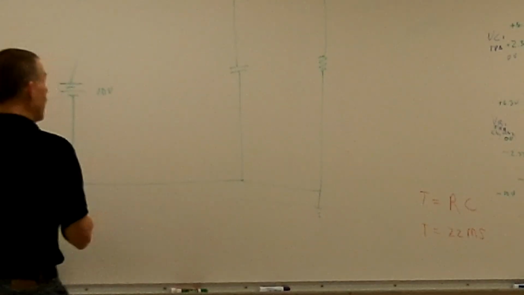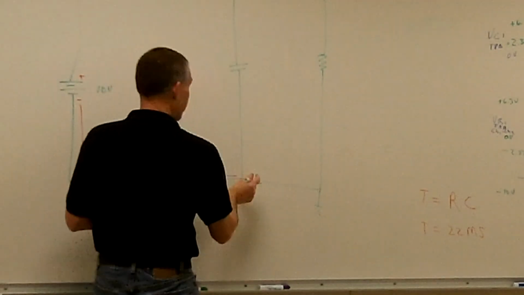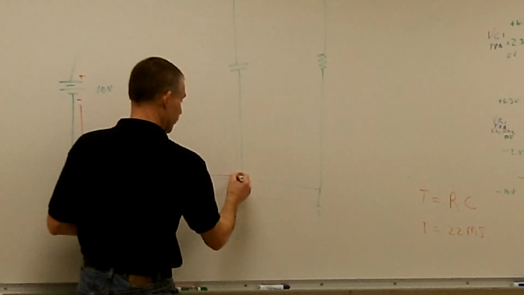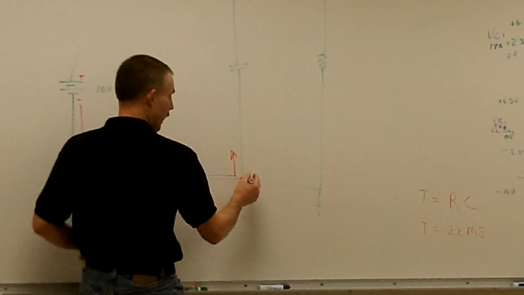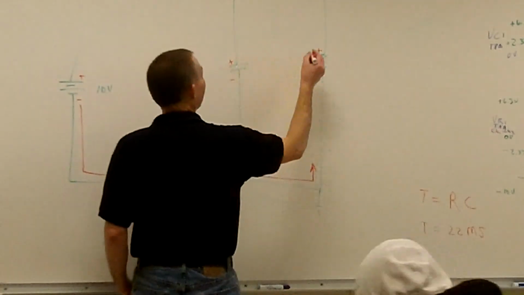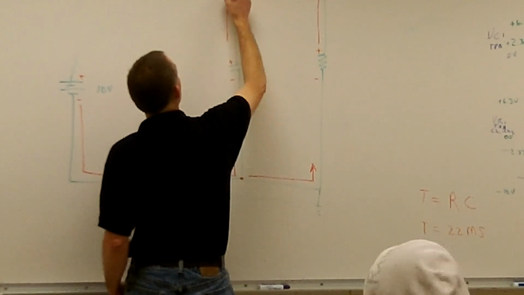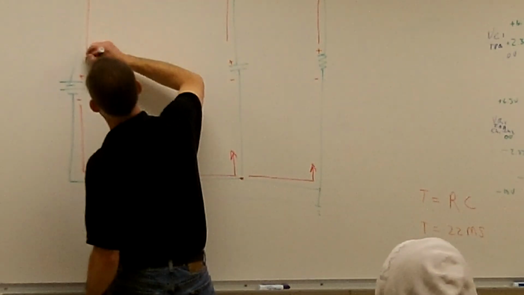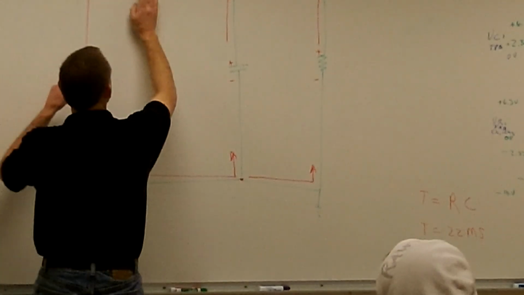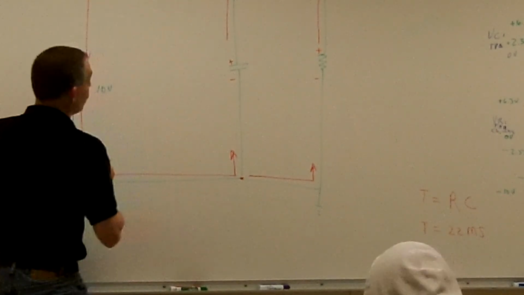So when I first apply the power to it, my current is going to start to flow. The capacitor is going to act like a short, so I'm going to get some current division. Some of my current's going to go that way, and some of my current's going to go this way. And then those two currents are going to combine and go back into my source. Okay. So we'll actually put a switch in here. So the instant I closed my switch,